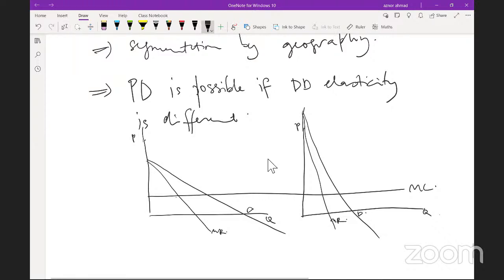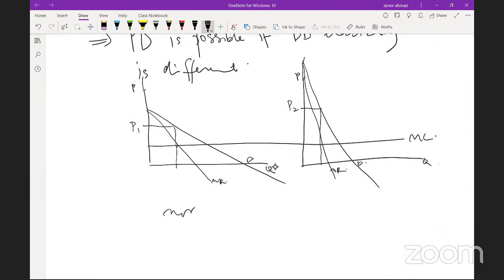So as you can see here, this is a market where the demand is more elastic, compared to the less elastic one here, where the demand curve is steeper. This one is a little bit flatter. So you charge different prices here, price 1 and price 2. I hope you can see that the price P1 is lower than the price in the second market, P2, because this market has a more elastic demand, so you charge a lower price, compared to the less elastic one,